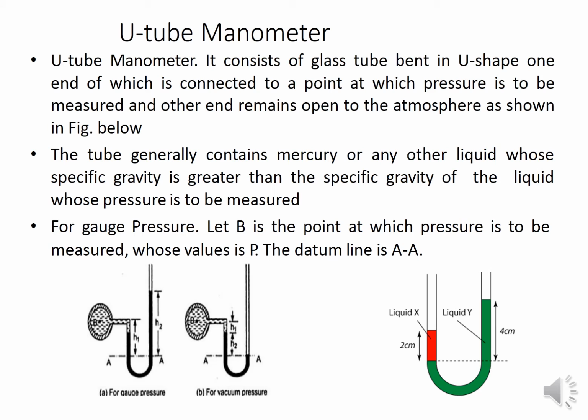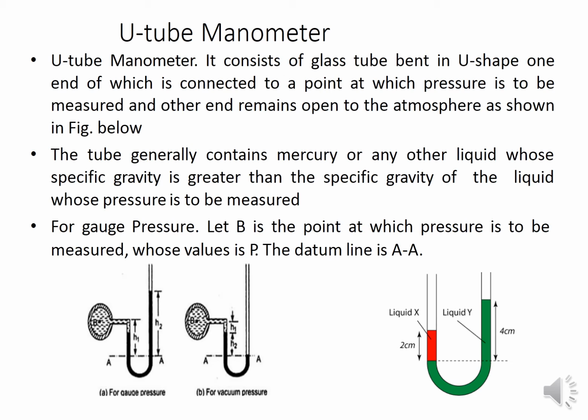In this figure you can see a pipe, and at point B you want to measure the pressure. Just open a hole and connect that U-tube manometer so that water pushes the liquid outside. So you can measure h1, h2, take the datum line as A-A, so that above that you can calculate